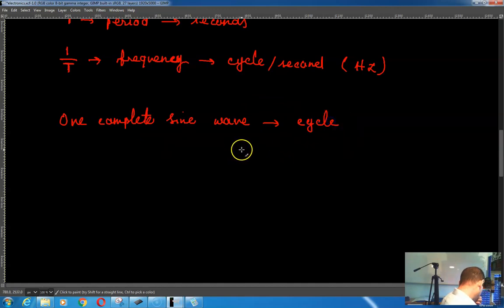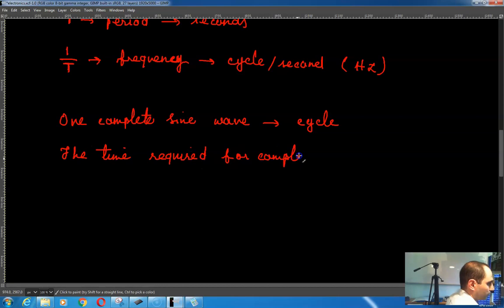And the time it takes to complete one sine wave, the time required for one complete cycle, is called the period,